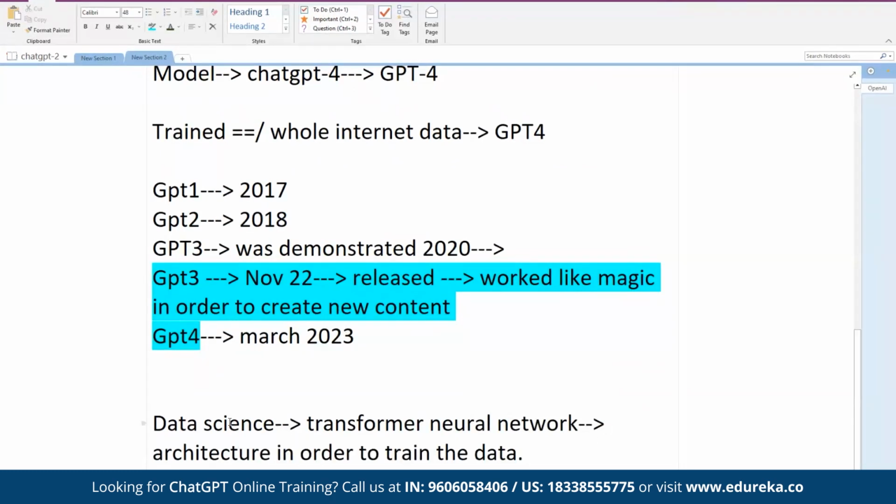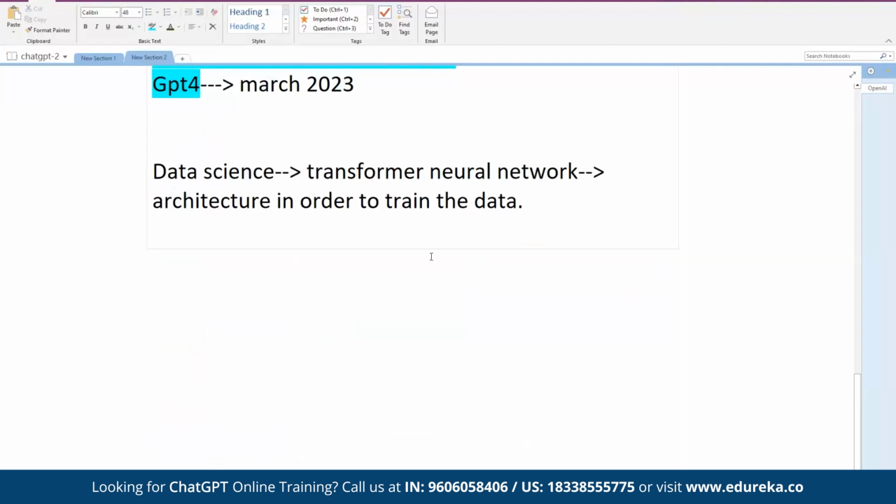I'll not go into the research part of it, but this research has been going on since long, and now transformer neural networks are what it is utilizing in order to train the data. And that neural network is generating new text data, which is very, very superior in many aspects to humans.